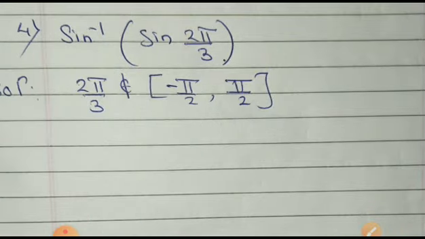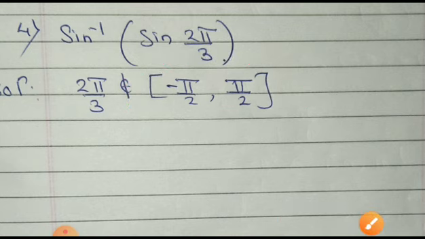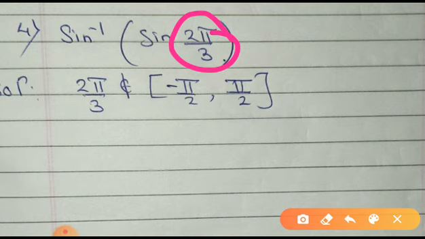Now, sine inverse of sine 2 pi by 3. Don't write directly 2 pi by 3 since 2 pi by 3 is not the element of the closed interval minus pi by 2 to pi by 2. Okay. So what should I do? I have to write this angle in the other form. How can I write